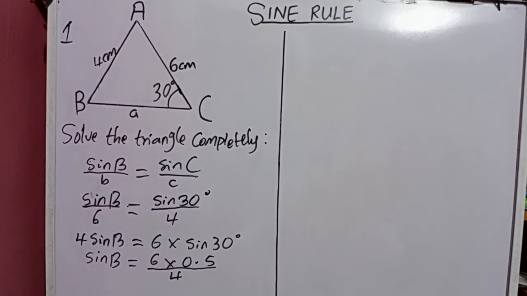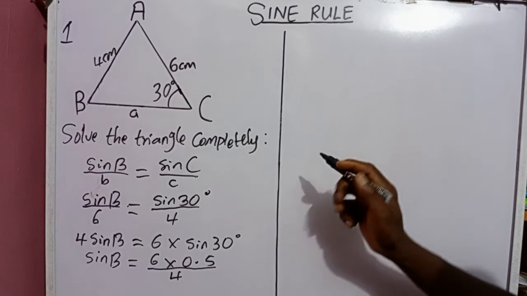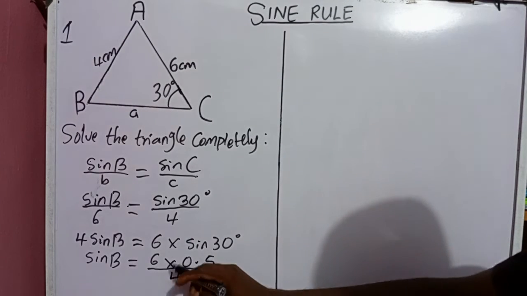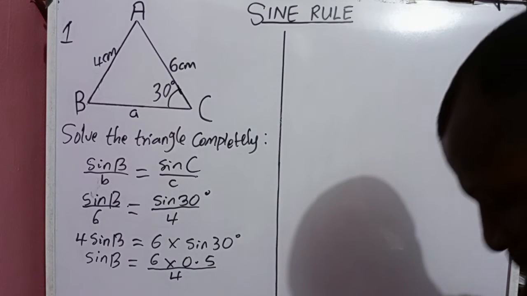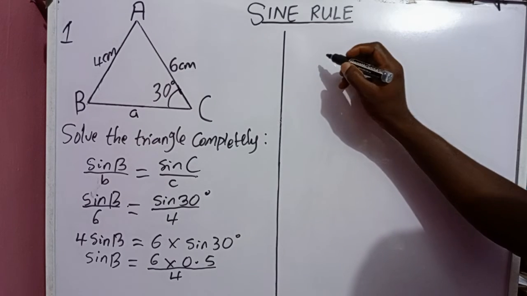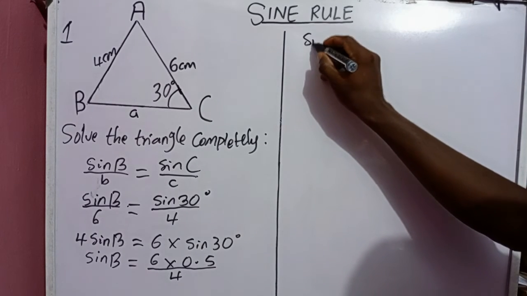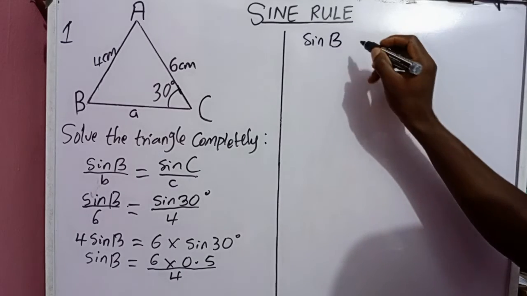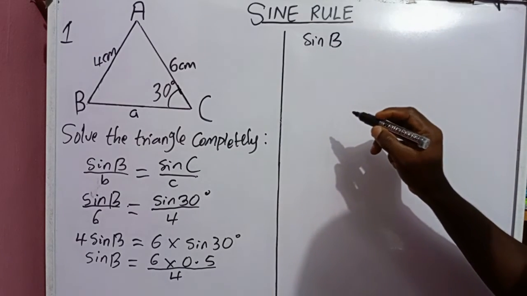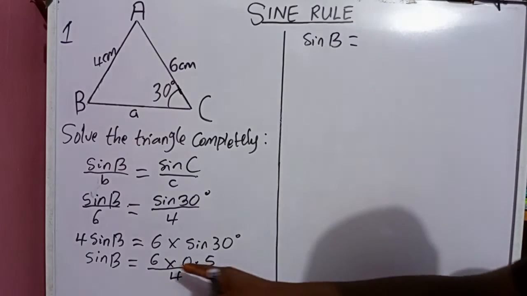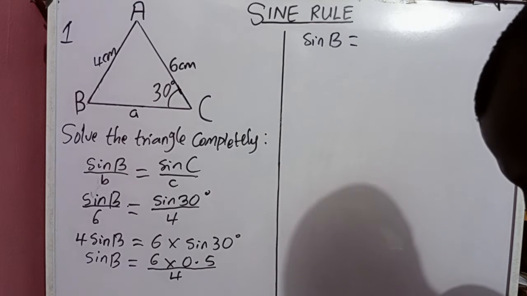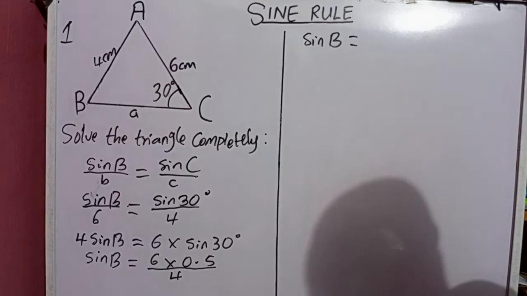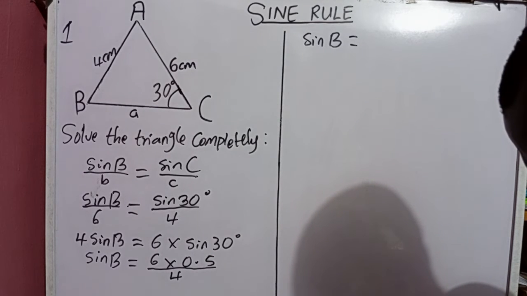Now to go further, we multiply out to get the result of sine B. So sine B is equal to 6 multiplied by 0.5, which gives us 3, then 3 divided by 4, that will give us